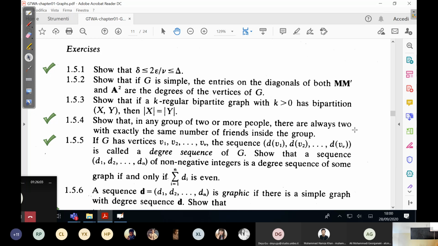Take a set of m, the small m, objects. Take a set of n objects. m is less than or equal to n if you can build an injective map from the first to the second. If you can build an injective map from set A of m objects to set B of n objects, then m is defined to be less than or equal to n. Okay? So the idea is,